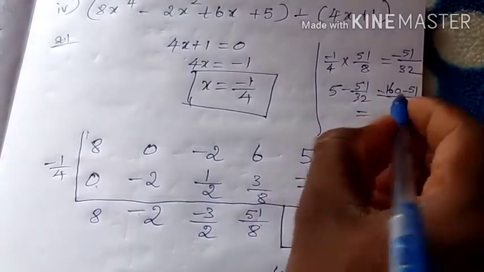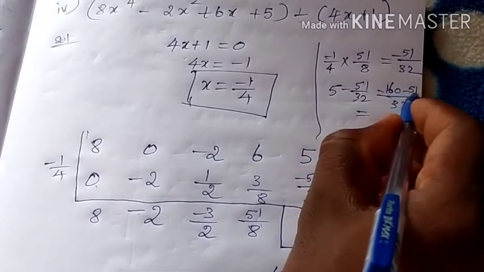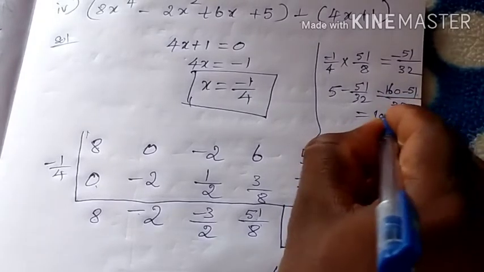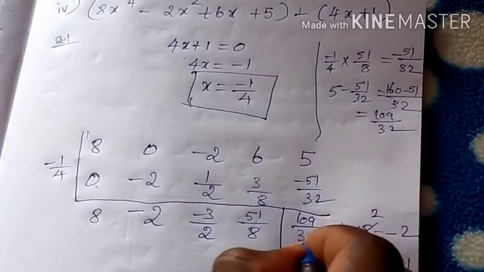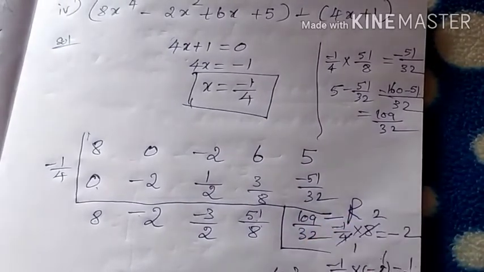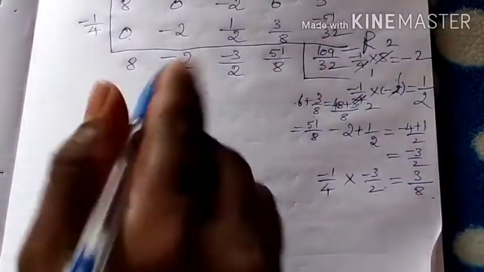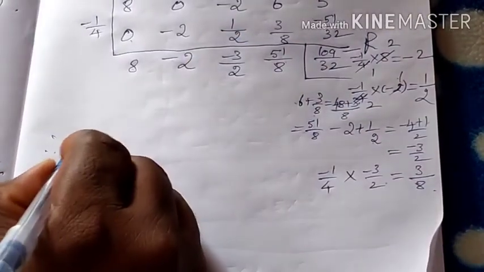Okay. So 160 minus 51 is 109. 109 by 32. 109 by 32, this is the remainder. Okay. Finally, therefore, the quotient